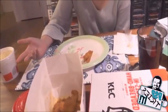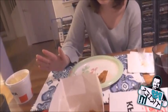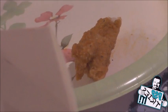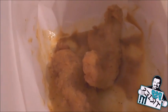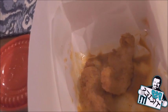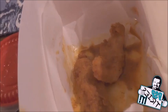What does it taste like? Nothing. It doesn't taste like honey mustard at all. There's no honey mustard flavor. None. I almost want to say that this guy didn't even put the right sauce on, because there is literally no honey mustard flavor. And I love honey mustard. That was the tube he put on it. You can see it in here. Well, I see orange. Try dipping it in some of the extra sauce down there and see if you get any flavor out of it. See if I can get any flavor, period. I mean, the chicken's good, I guess, but...